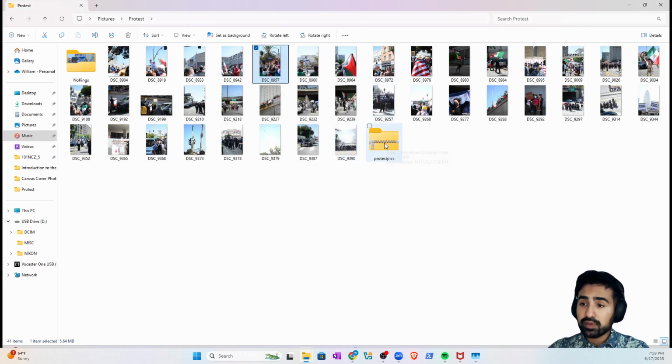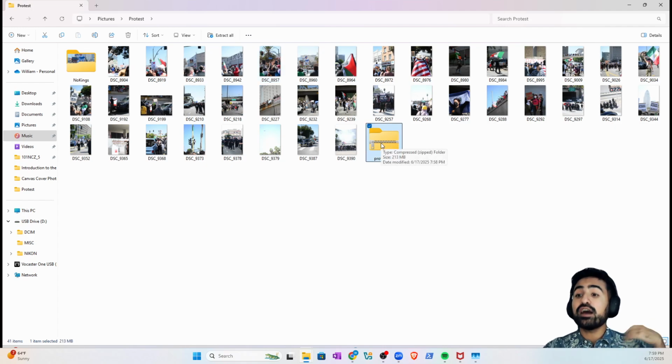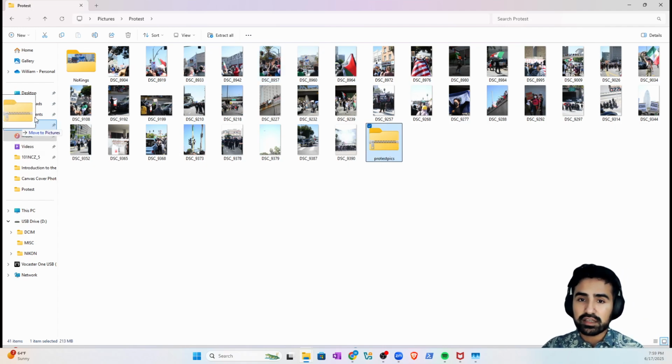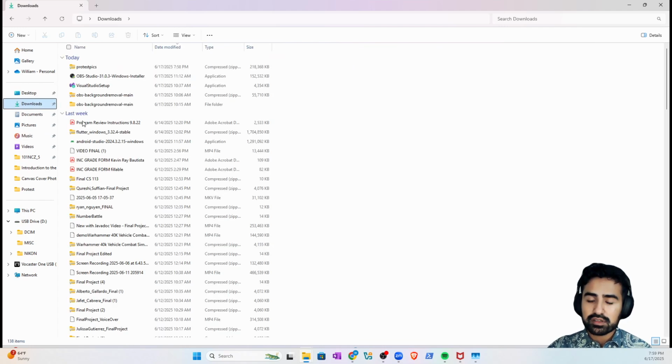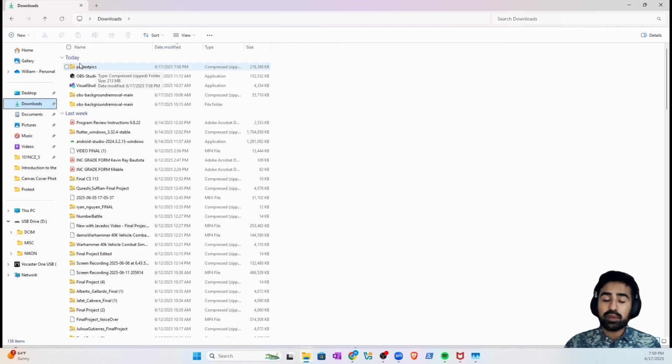When I zip them, it's going to make them smaller temporarily, but I can unzip those files. So let's put these into downloads because I don't want to have copies of these pics. And if you want to open up or extract these files, kind of think of them as you took the